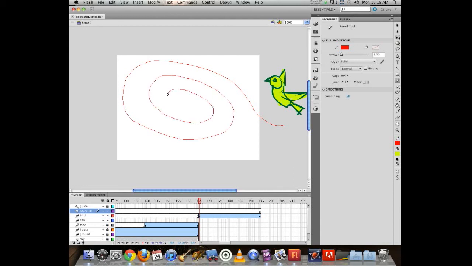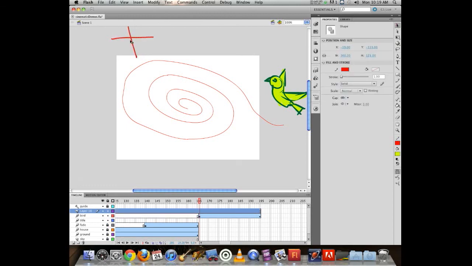As long as my line doesn't cross, I'm going to be able to see this animation follow this path. The moment the line crosses, Flash will be left wondering, what direction do I go when those two lines intersect? Because that gives me three other possibilities. If I have two lines, and I'm moving on one, do I go left, right, down? Which way do I go? It won't know. So it's important to